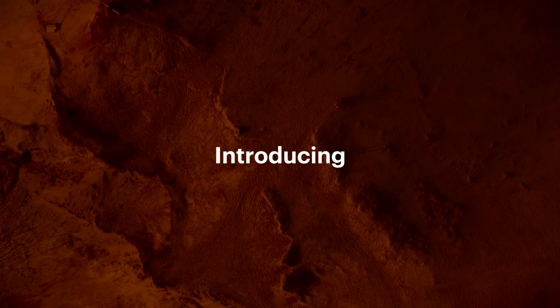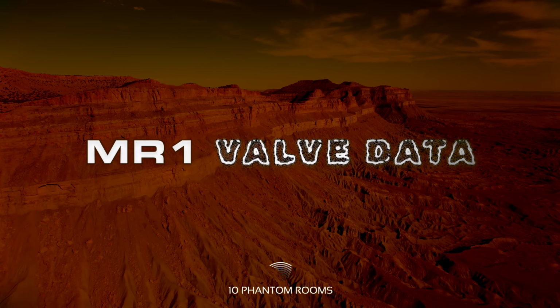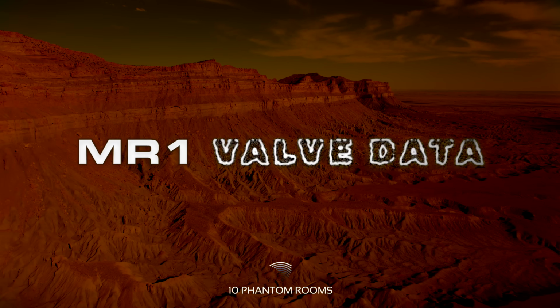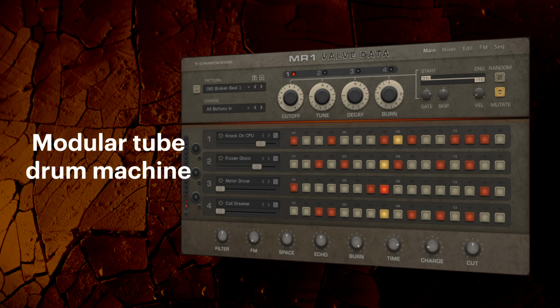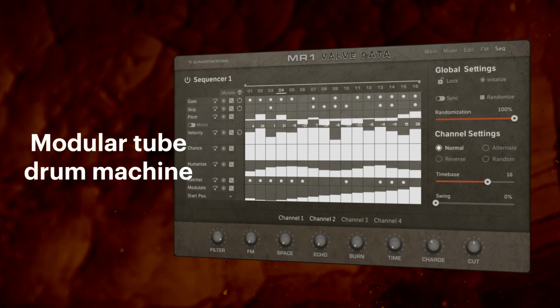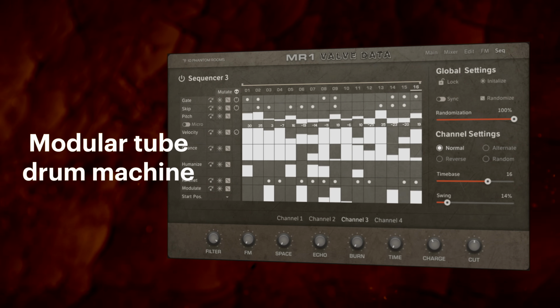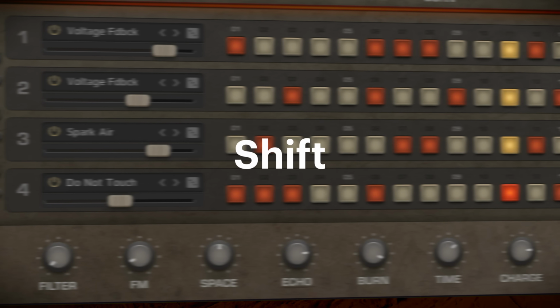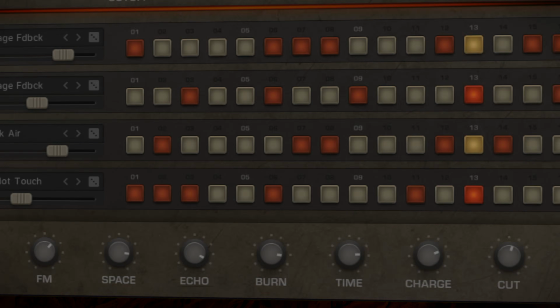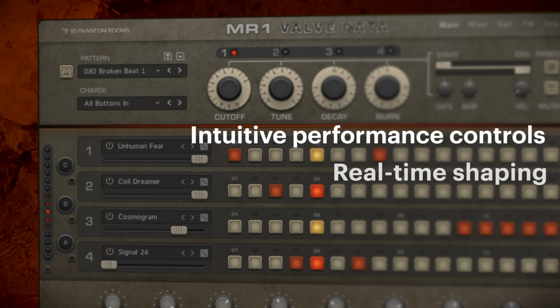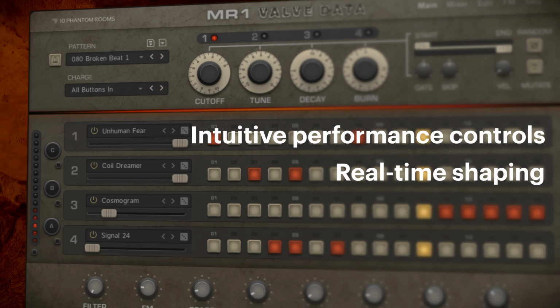Introducing the first in a new modular rhythm series from 10 Phantom Rooms, MR1 Valve Data. An innovative modular tube drum machine loaded with inspiring sounds and sequences. Morph, shift and transform beats like never before, with intuitive performance controls and real-time shaping to find your unique sound,